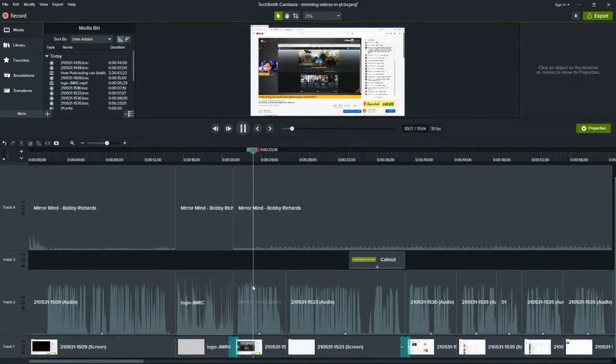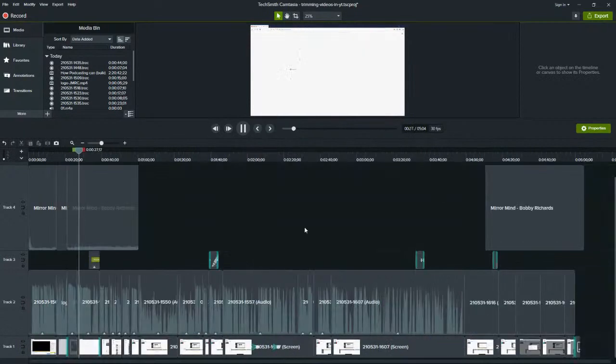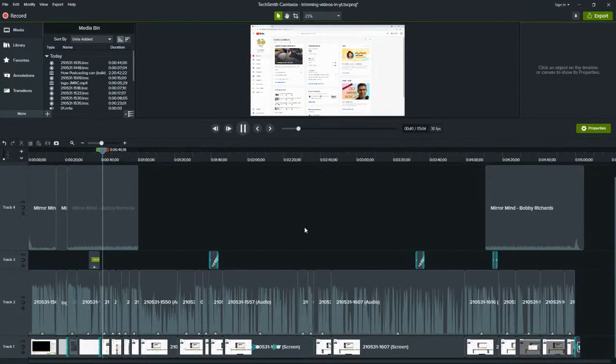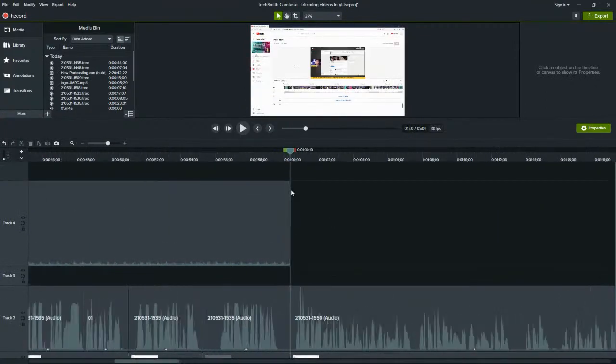YouTube's video editor is perfect for condensing live streams. To access YouTube's video editor, all we need to do is head over to your favorite web browser and type studio.youtube.com. In your channel dashboard,